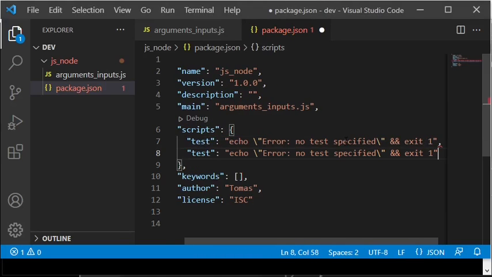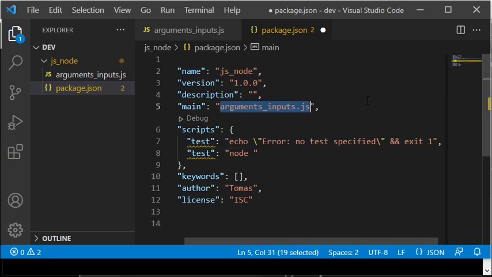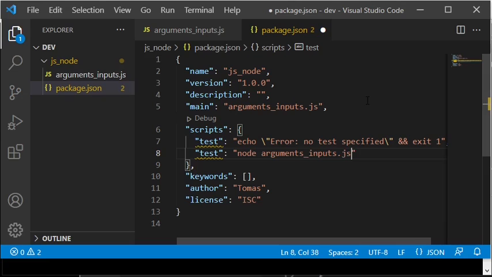I am now adding some code in the package.json scripts section. The left part is the name of the script, and the right part is the code to become executed when you type npm run followed by the script name.